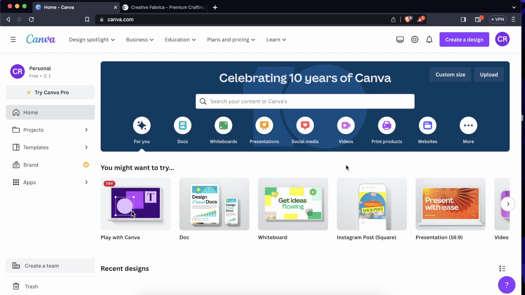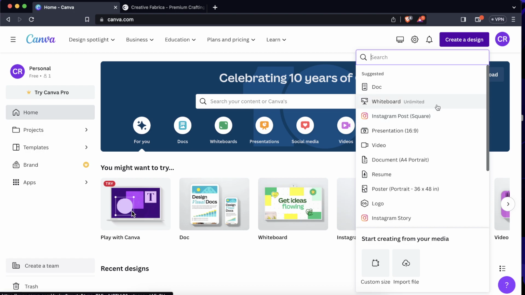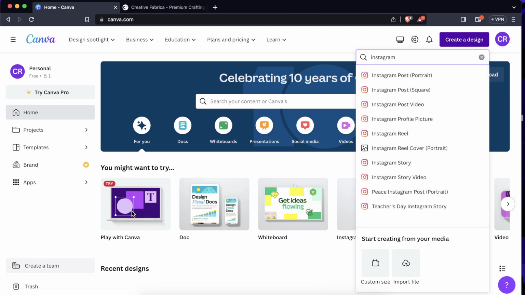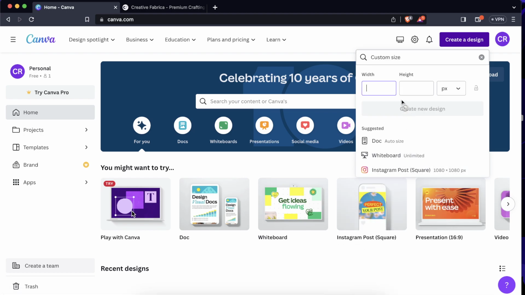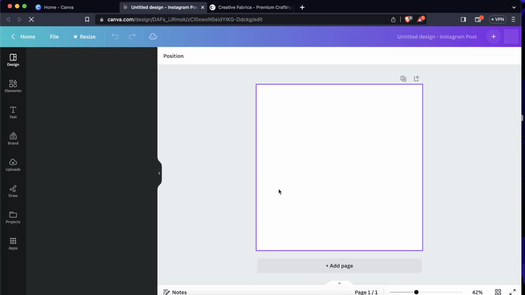So the first thing, when you go to Canva, you need to click right here and create a design. And if you need an Instagram post, you can see it right here. If you won't see it, you just write down Instagram and you will see a portrait, square. So of course, for Instagram post, you will need a square version. And if you want to create a story, you will choose this one. It's a little bit bigger. But of course, you can click right here and create a custom size. But I'll just click on this one, Instagram post, and we will start creating